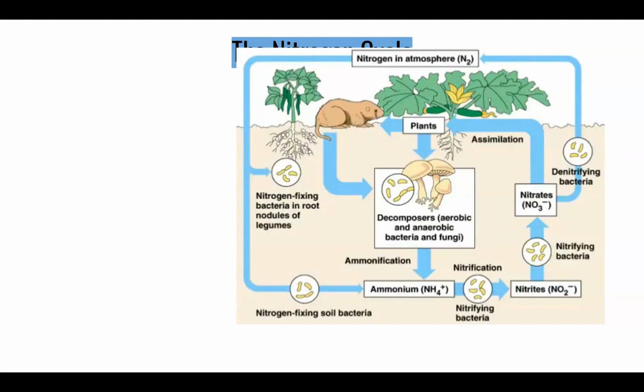The way that nitrogen gets out of the atmosphere is through nitrogen fixing bacteria in soils or on roots. So you could just say on roots. Nitrogen fixing bacteria on roots. Or nitrogen fixing bacteria in the soil. Those are our two ways: our free floating nitrogen bacteria and our not so free floating nitrogen bacteria.